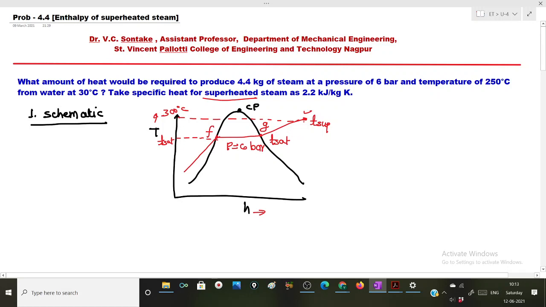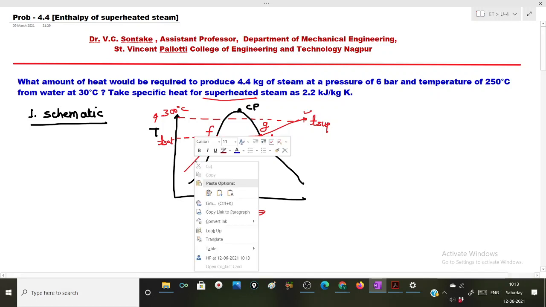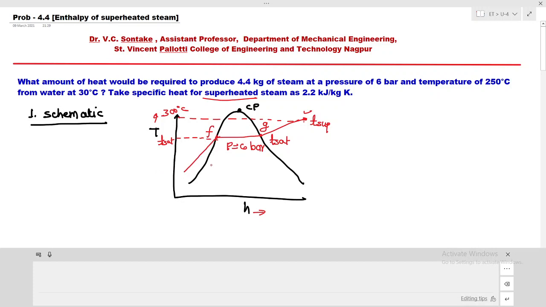Now this superheated steam is produced from the water at 30 degrees Celsius. Okay, and let's say this is the temperature, freezing temperature of water. Okay,